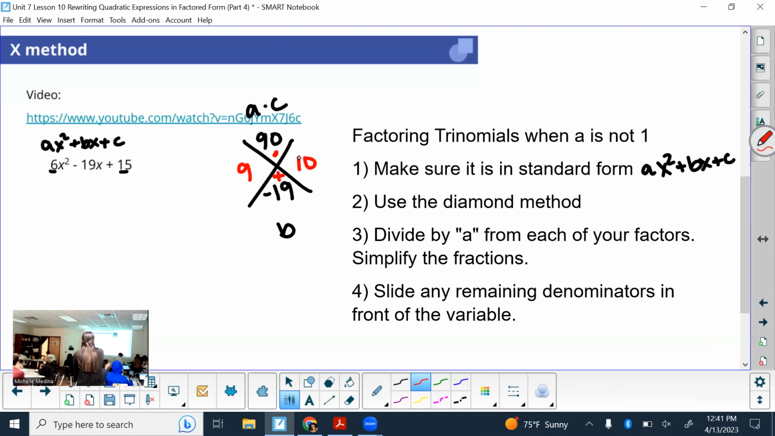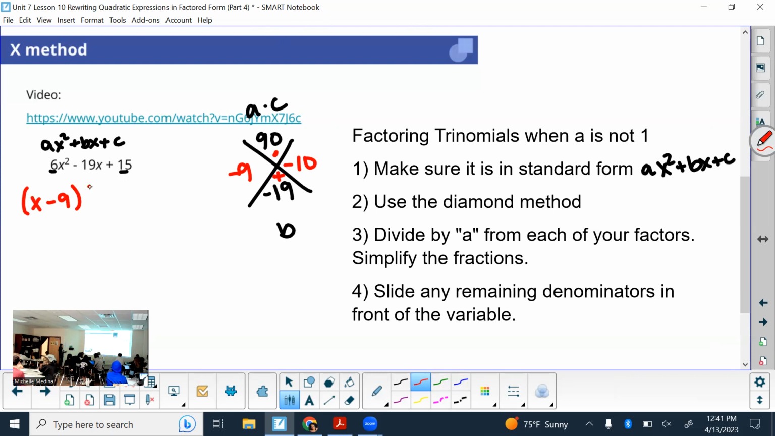Okay, 9 times 10 does give me 90. Notice it adds to a negative, so then what has to be true about the numbers? They both need to be negative. They multiply to positive, so they need to be the same. Since they add to a negative, they have to be negative. So then that gives me